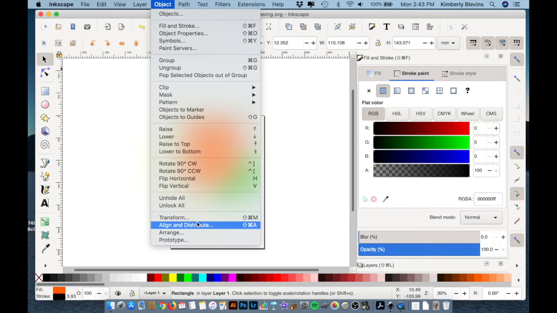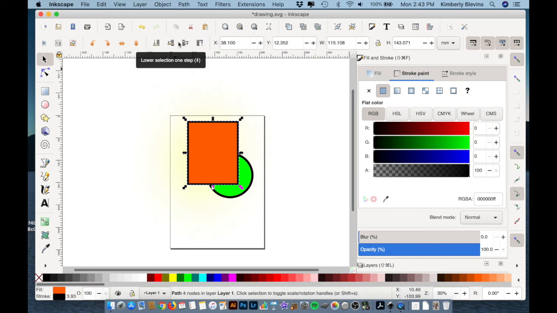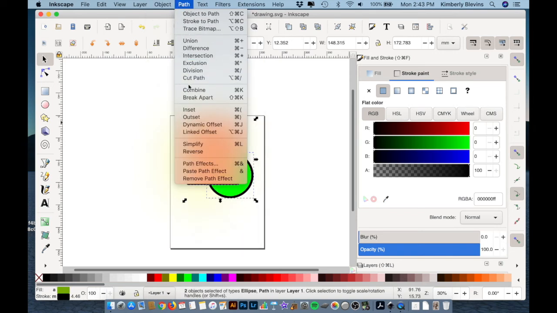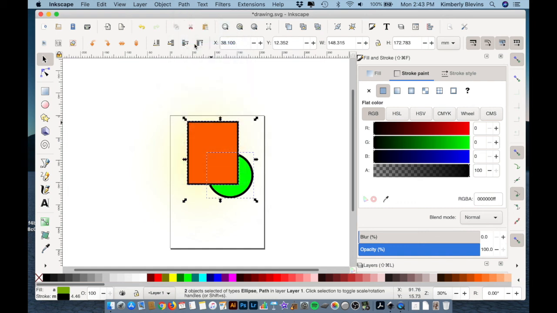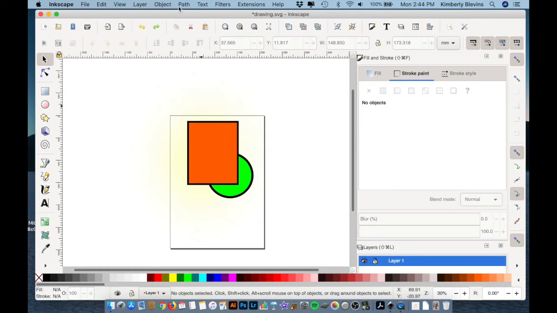So this next area, once we get to Path, what you want to deal with is what we would call in Illustrator the Pathfinder window. So you can take and start combining shapes together. If I have both of these shapes selected, and I hold my Shift key to multiple select, then I'm going to unite these two shapes together. Notice that the orange circle and the square are now a new shape that has taken on the green of